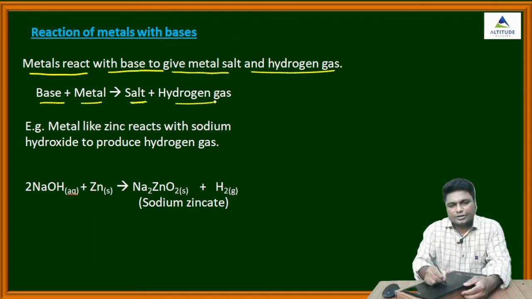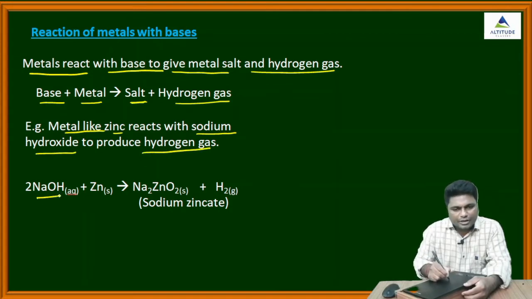So metal with base gives salt and hydrogen gas. For example, if you take the metal zinc, zinc reacts with sodium hydroxide, a base, to produce hydrogen gas. This is sodium hydroxide, aq means aqueous, and zinc is a solid. So here you will get sodium zincate. 2 moles means 2 hydrogens. These 2 hydrogens combine and H2 gas is evolved, and you will get